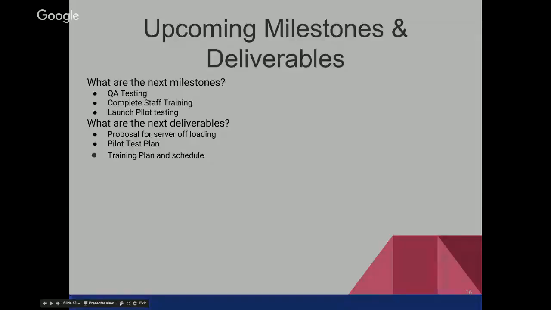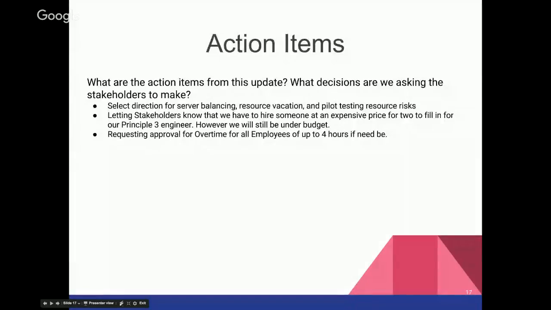On the next slide, I have the action items that we will present to the stakeholders. For the server balancing issue that we were talking about earlier, I do feel that there are some tweaks that we need, some more upgrades we need to make. From the feedback I've gotten from the developers, the system still runs a little slow, so we're going to think about maybe adding some more memory to the server,